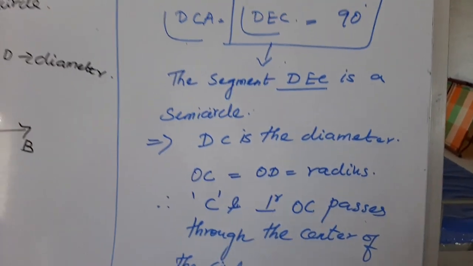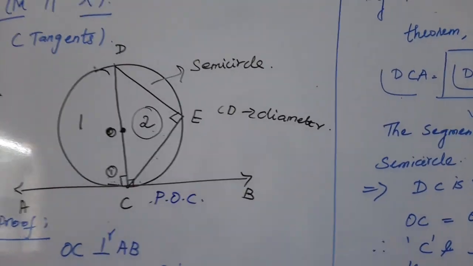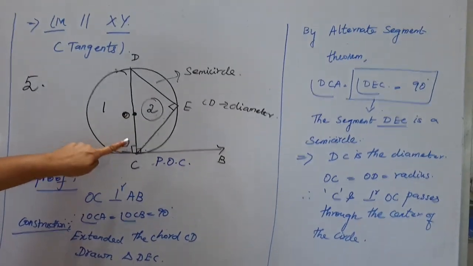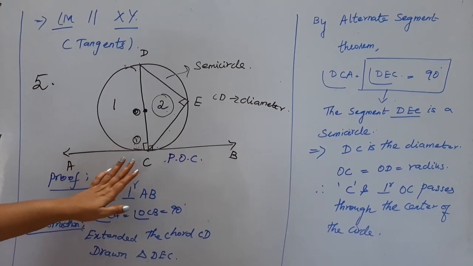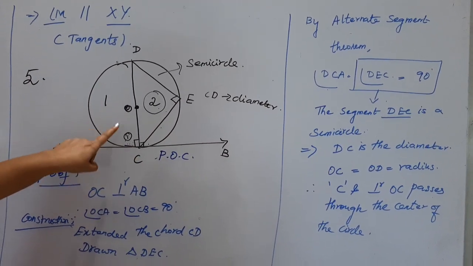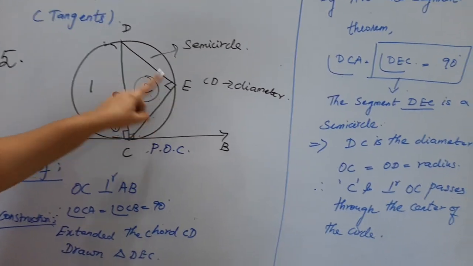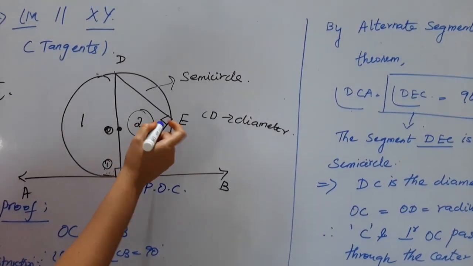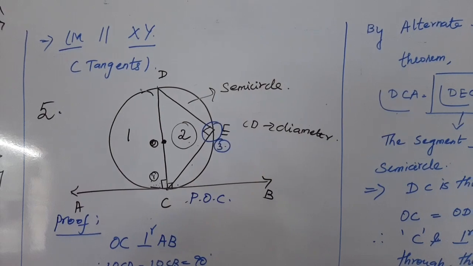In this sum, I taught you an important theorem, that is the alternate segment theorem. See, the alternate segment theorem, what does it state? When a chord like CD is the diameter, it is the longest chord that we know, right? When a chord is making an angle, any angle, it must not be equal to 90. Any angle with the tangent, that angle is opposite to a segment, right? Here it is the second segment. In that segment, whatever angle is made by the same chord, those angles are equal. So here, angle 1 and angle E, I am marking that as 3, both are equal by the alternate segment theorem.